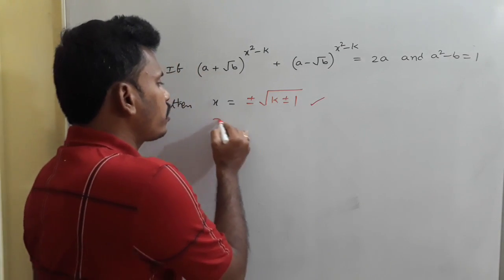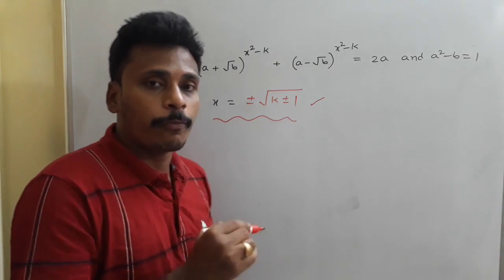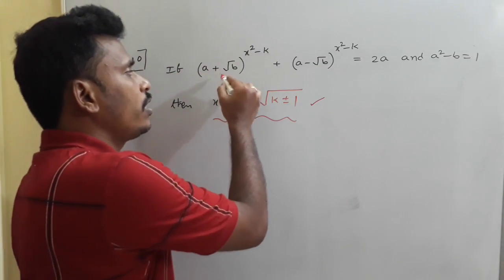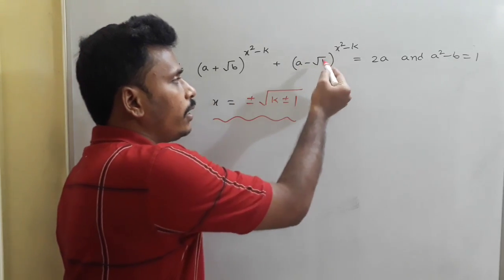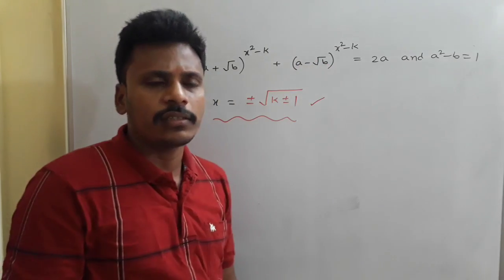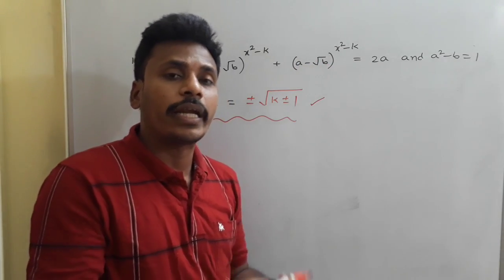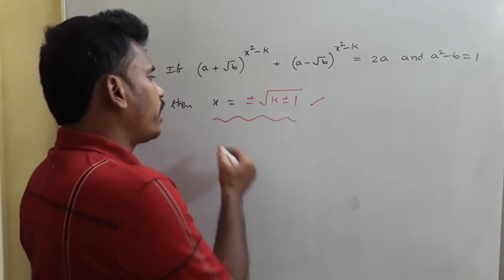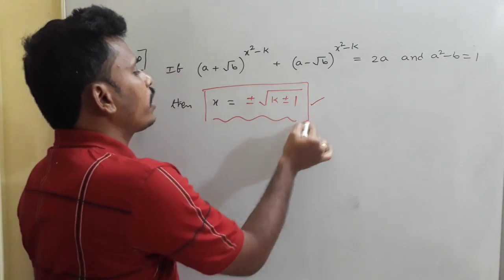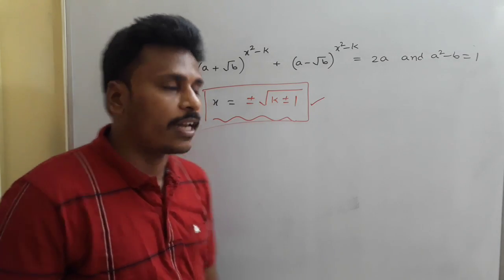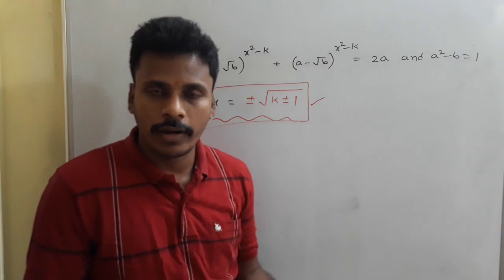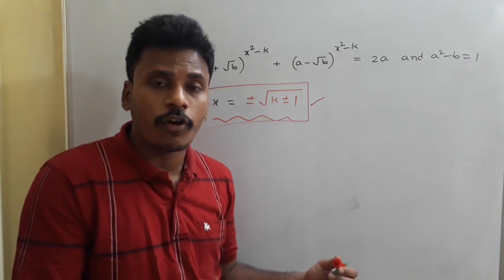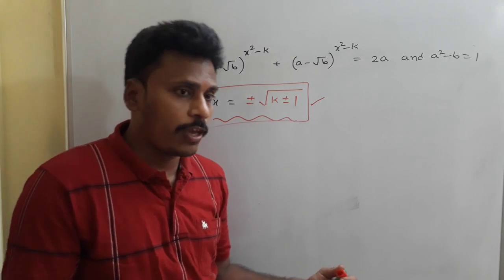Just observe this as a formula, memorize this, and for the proof you need to take it as t. Its reciprocal is 1 by t. Then you will get a quadratic here, solve that quadratic to get t and then to get x. That's the way of proving. But in the direct way you need to memorize it: x is equal to plus or minus root of k plus or minus 1, since we are making a formula list, and that's your answer. Okay, have a look.